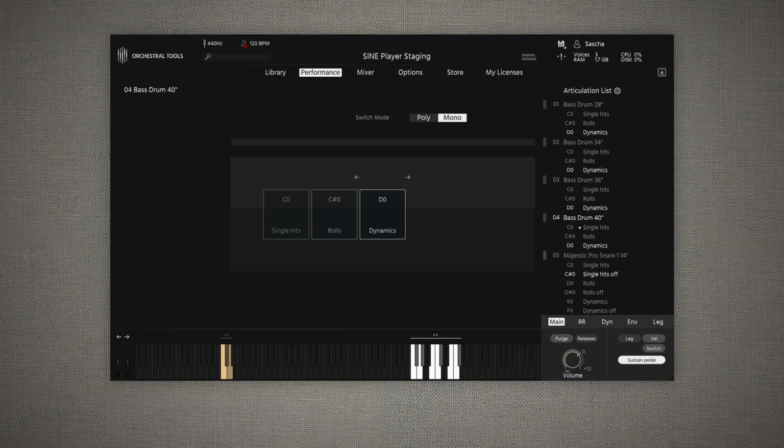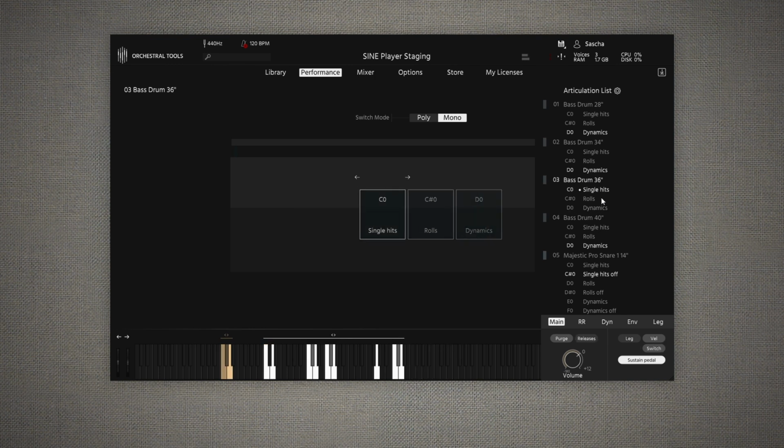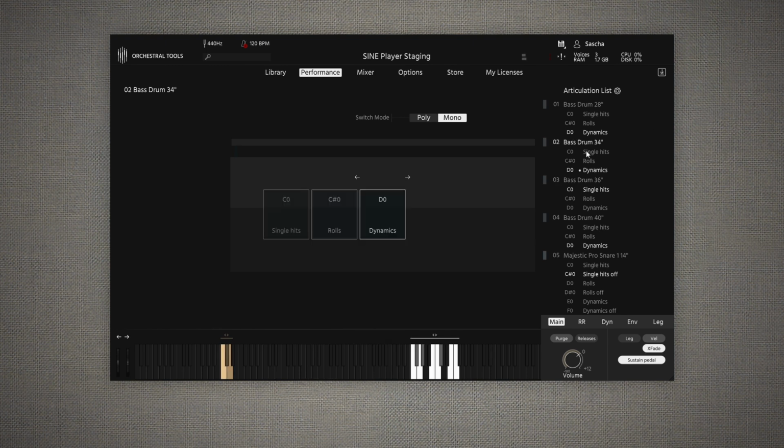There are several things to notice here. First of all, the mapping and the recorded articulations are consistent throughout the whole collection, as far as possible, at least as long as it makes sense. So you can easily try different bass drums by simply swapping your MIDI part around or loading a different drum